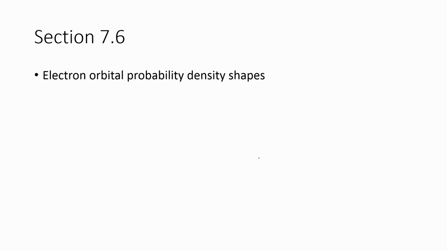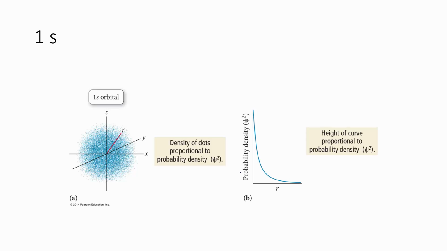Section 7.6 is where we start to talk about the shapes that the electrons occupy as they surround the atom. Keep in mind, because of Heisenberg's uncertainty principle, that these are probabilities of electrons being within a certain dense location of space. If we look at the 1s orbital, which I told you before has a spherical shape, we can see the little dots as indications or solutions of the wave equation that give the likelihood of finding an electron somewhere from the nucleus right here at the center